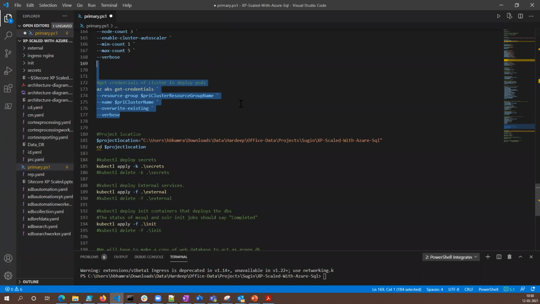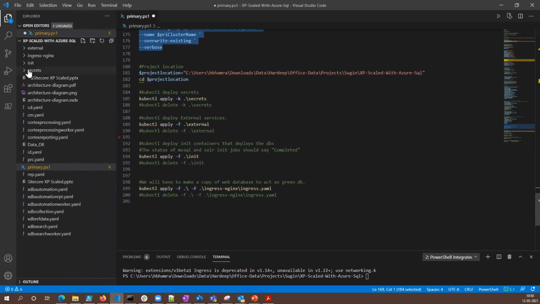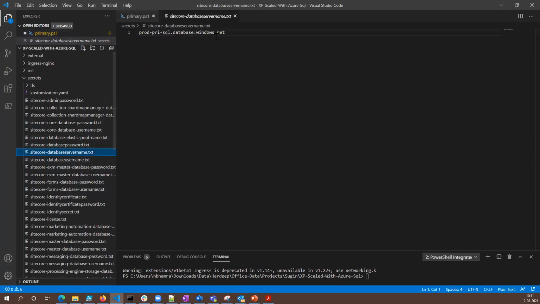Okay, now we are going to be actually creating the pods by running the manifest files. Now, before you do that, like last time I told you, there are certain secrets that you have to enable. For example, when I am setting up Azure SQL, I will go and set up the name of my SQL.